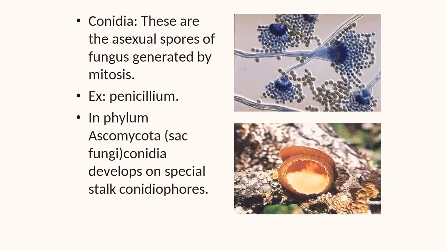Conidia. These are the asexual spores of fungus generated by mitosis. Example, penicillium. These are oval shaped in structure but not formed inside the sporangia. These are non-motile spores produced singly or in chains by constriction at the tip or lateral side of special hyphal